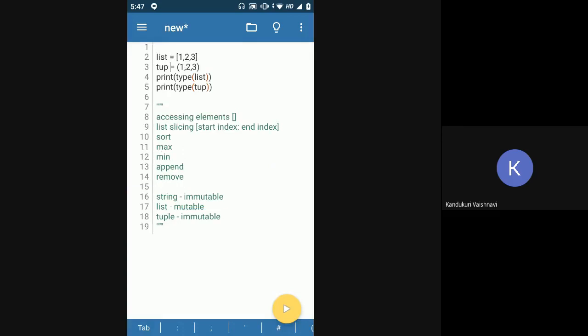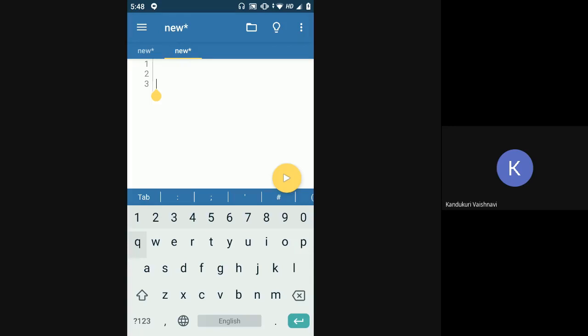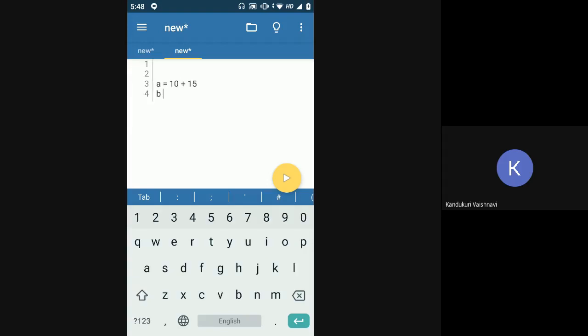Okay, so last time when we saw operators, we were usually using just one operator while evaluating a statement. If I had to add, I was just doing 10 plus 15. If I had to multiply, I was just doing b is equal to 10 into 15.